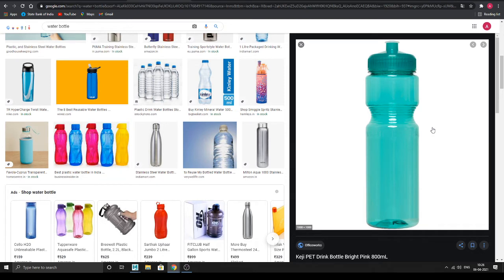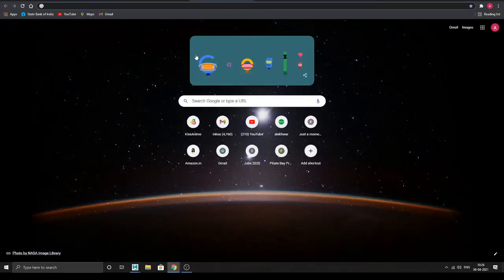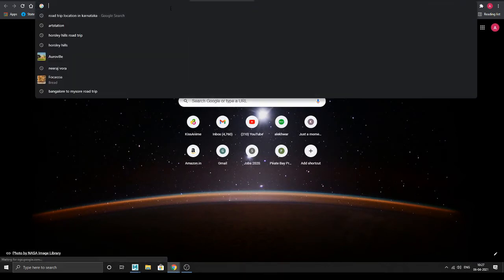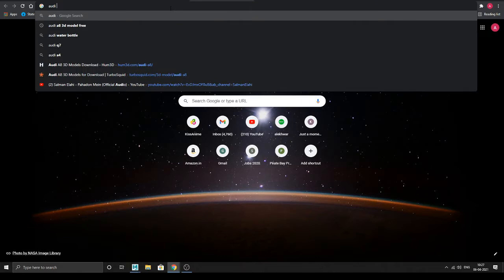But in case of a car, if you are modeling a car, you need all the views of it, right? So wherever there is need, you will have to download all the proper references. And for now, this is a basic model. But when we are modeling detailed models, what we do is we first take down the blueprints. We have the blueprints, and then we search for that model. For example, if you're modeling cars, any car, say an Audi R8.